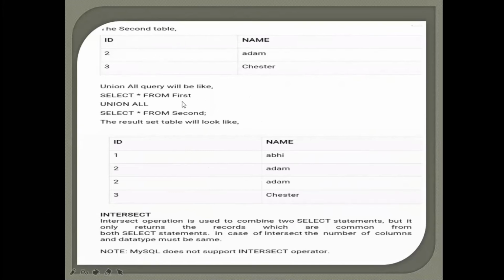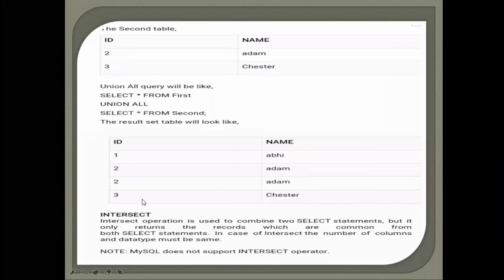For the query that is written, we'll try to understand what it is saying. Select star from first, union all, select star from second. This is the same syntax that we write for union, it's only written as union all. So when I combine, you will see a difference. The output of union had two only once. Basically, over there in the output, we had only three tuples. Over here we have four tuples, because your first table has two tuples and your second table has two tuples, so all four combine and give a single output as a table.